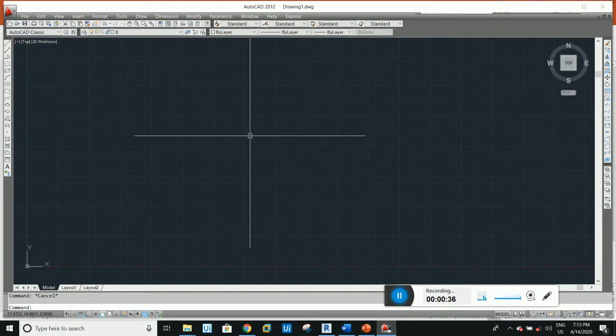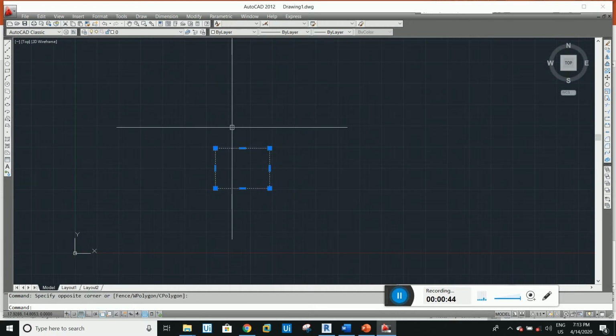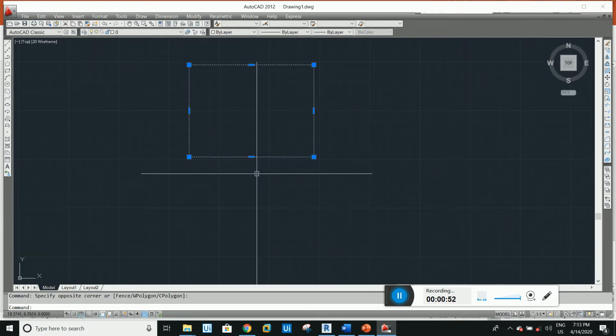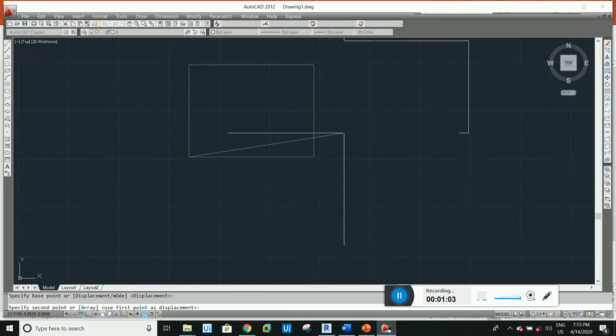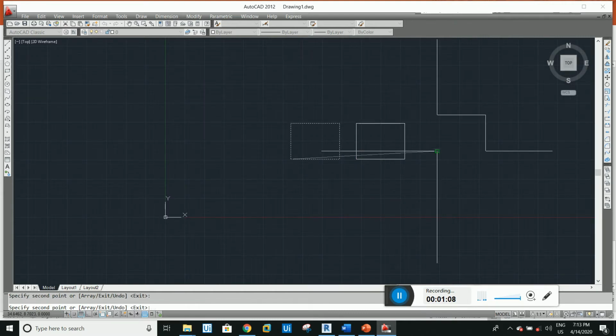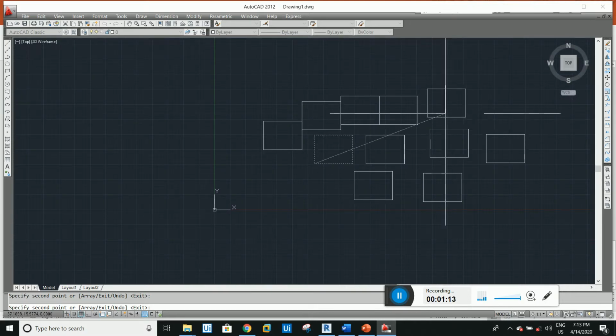So guys, this is AutoCAD. First of all, the command is copy. For example, we have an object like a rectangle, and we need to create one copy or multiple copies. First we select the object, and from the keyboard we type CO to copy the object, and choose any base point, or any random point. If you want a base point, you can choose it. If you want to copy 1, 2, 3 as you want, you can create copies of the same object.